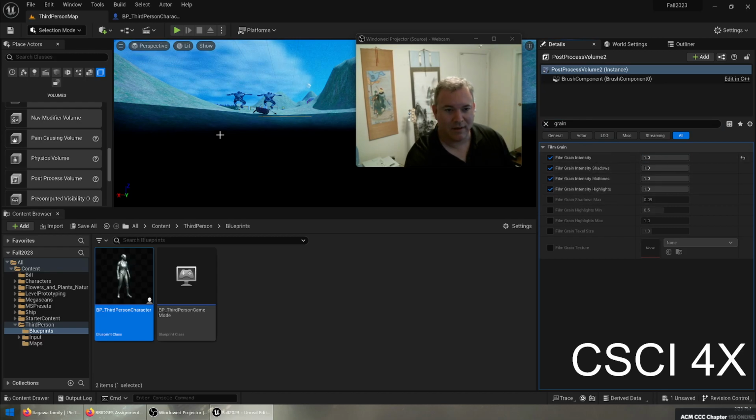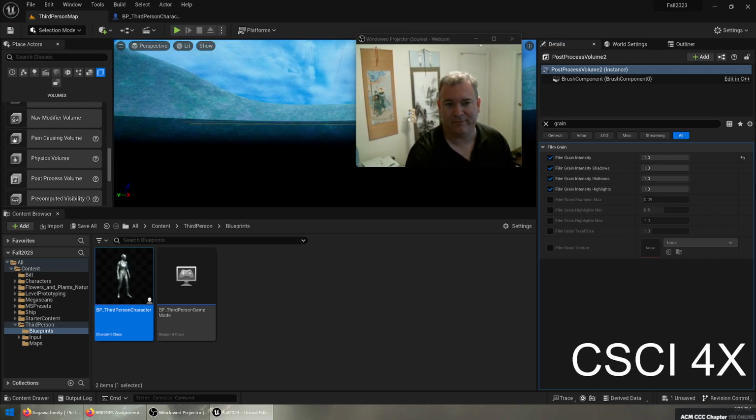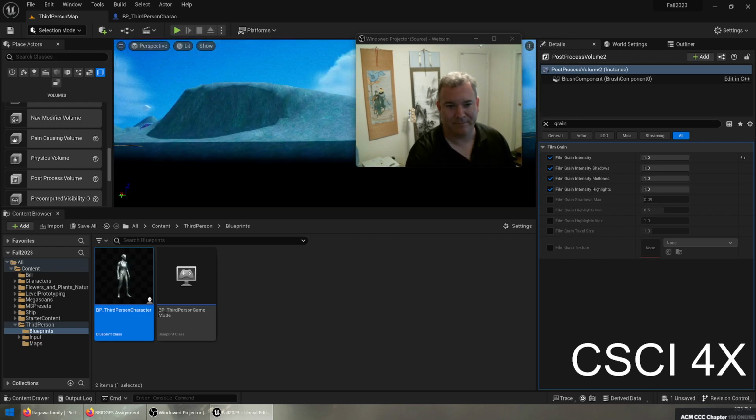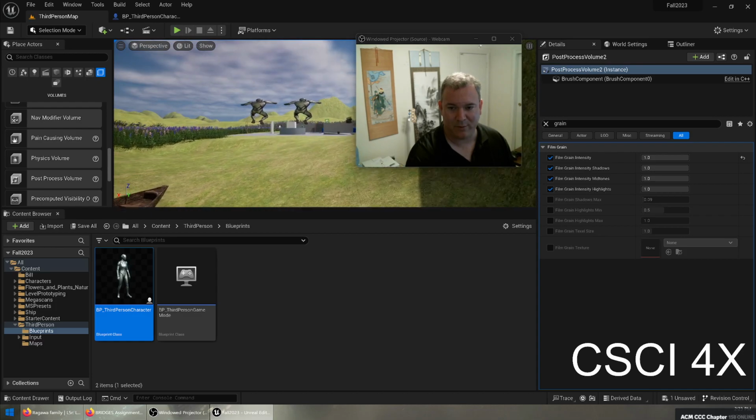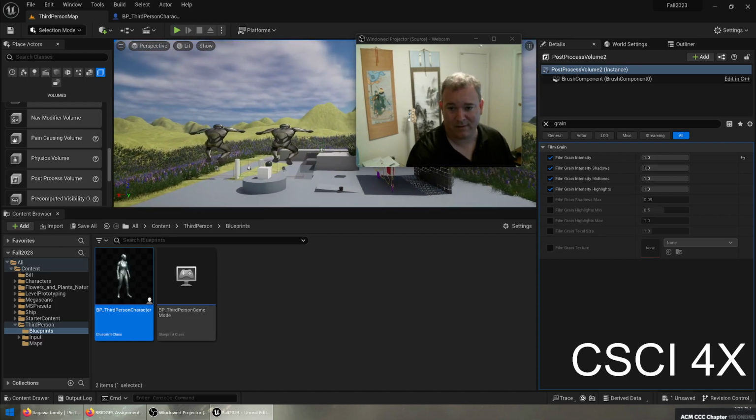Drag it up. I don't know if this is coming through on the stream, but there are little dots flashing on the screen, and that can simulate lack of oxygen and things like that. So basically, while you're underwater, you get this sparkly post-processing effect, and then up here, everything's